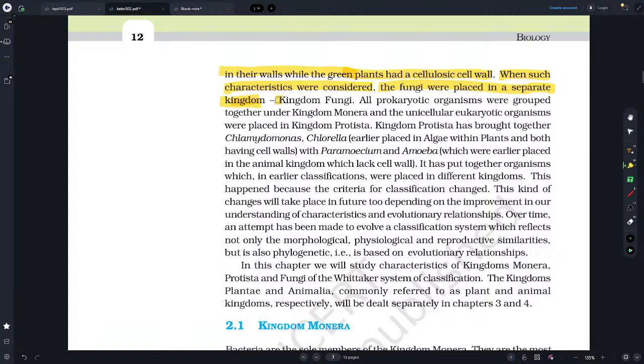Besides gross morphology, a need was also felt for including other characteristics like cell structure, nature of wall, mode of nutrition, habitat, methods of reproduction, evolutionary relationships, etc. Classification systems for living organisms have hence undergone several changes over time. Though plant and animal kingdoms have been a constant under all different systems, the understanding of which groups of organisms should be included under these kingdoms has been changing. The number and nature of the other kingdoms have also been understood differently by different scientists over time.